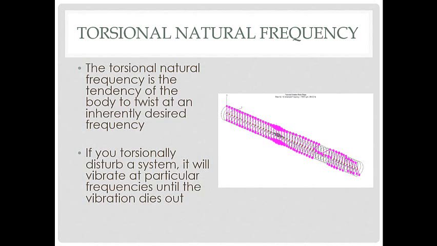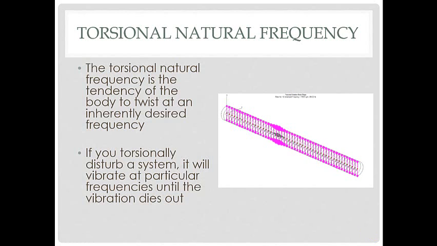A lot of the torsional natural frequencies of a machine are found in the design stage, but even the best of the best analysts cannot always find natural frequencies, and so it's a big deal. So the torsional natural frequency is inherent to the system. It's inherent to the particular shaft you're studying, and it depends on the geometrical properties and the material properties of